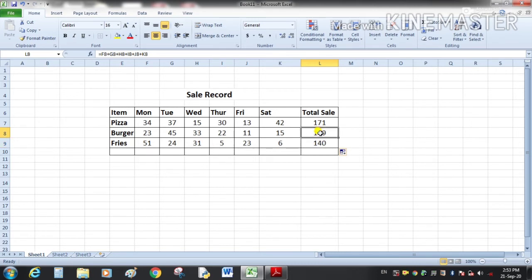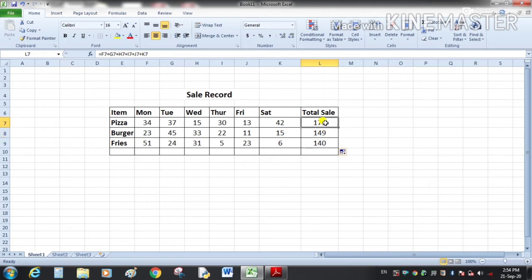This is called a reference, and it is a relative reference, because when we copy the formula to different cells, it automatically changes the cell address for that particular row or column.